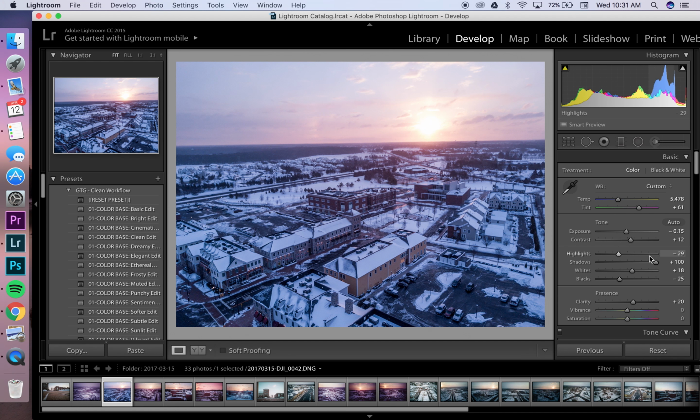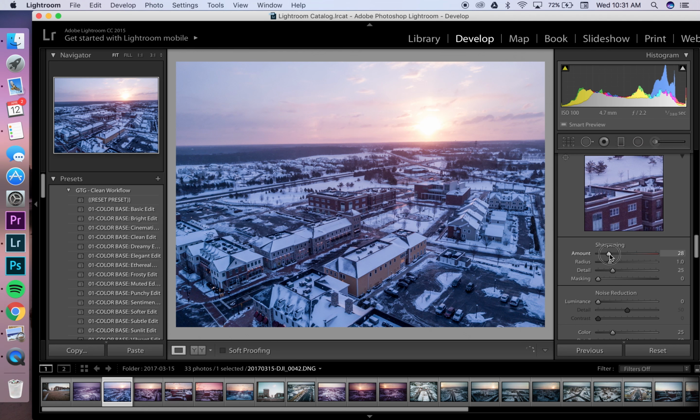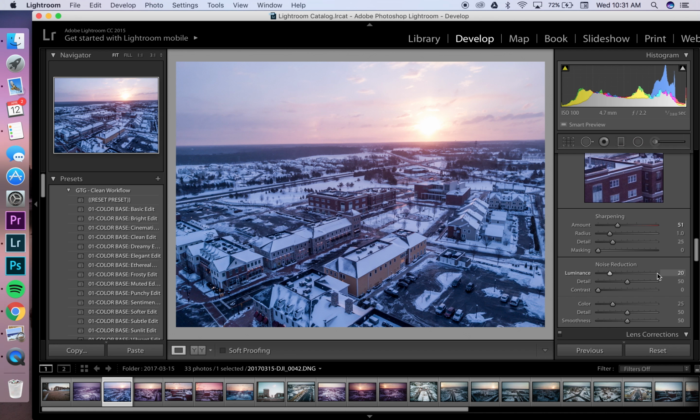that I'd like. And then at that point, I'll go to the sharpening to make sure the image has been sharpened to my liking, as well as the noise reduction applied, so I can get a better sense of what the picture is going to look like. Okay, so then at that point,